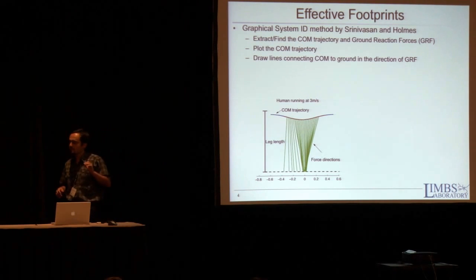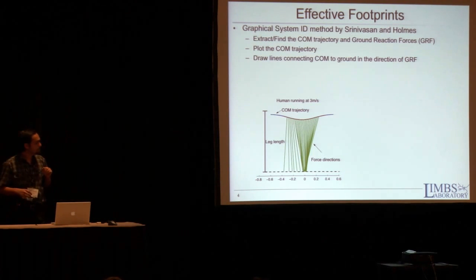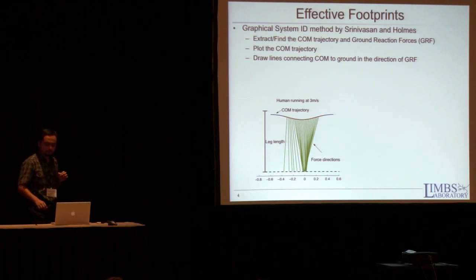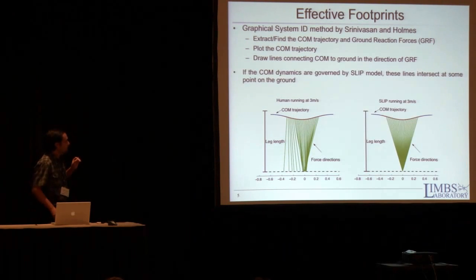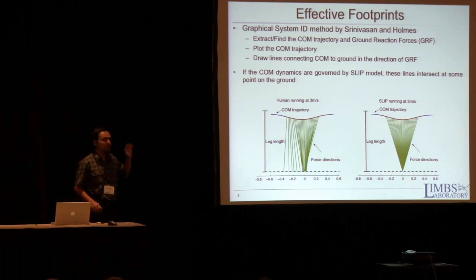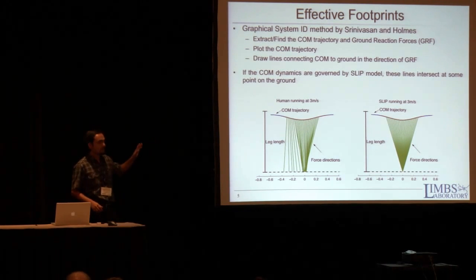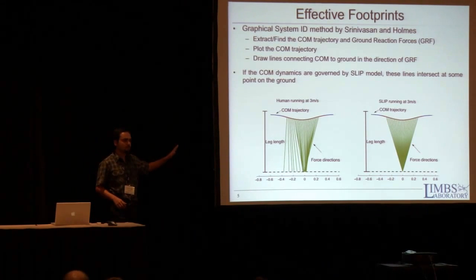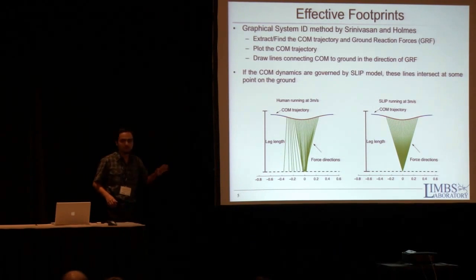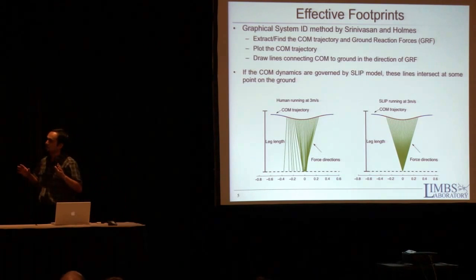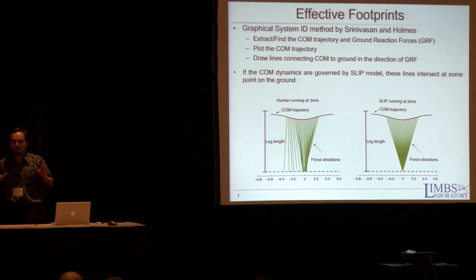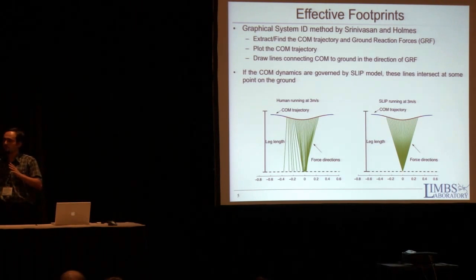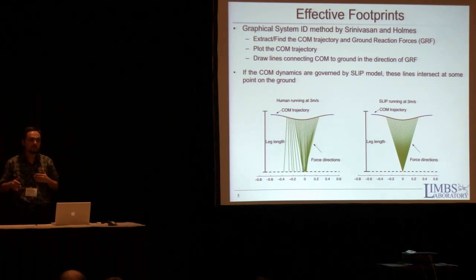As you can see, green lines have a very specific structure. The critical point is, if the body dynamics are governed by a SLIP model, these lines have to intersect at some point on the ground, as you can see on the slide. This figure shows that SLIP cannot capture this qualitative structure. At this point, let's assume that SLIP is our null model and try to find an alternative model,